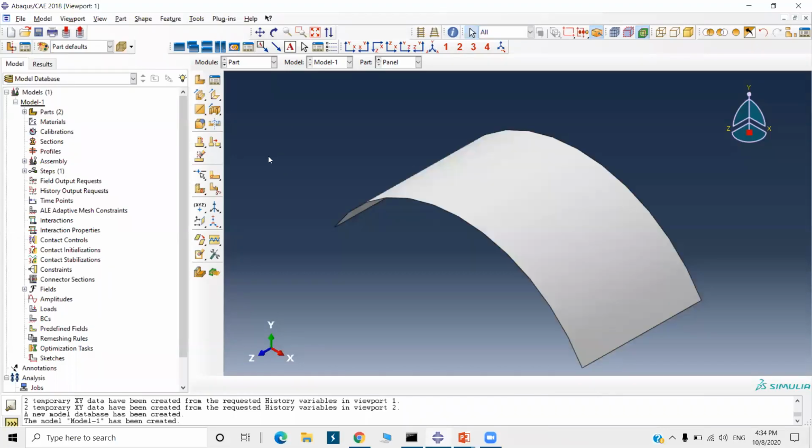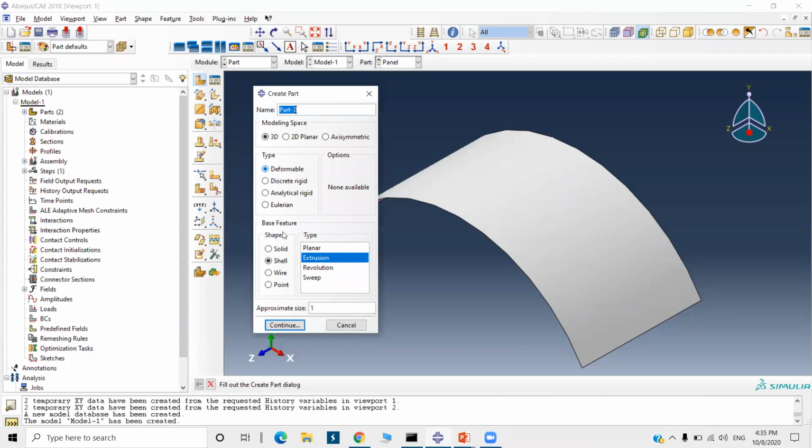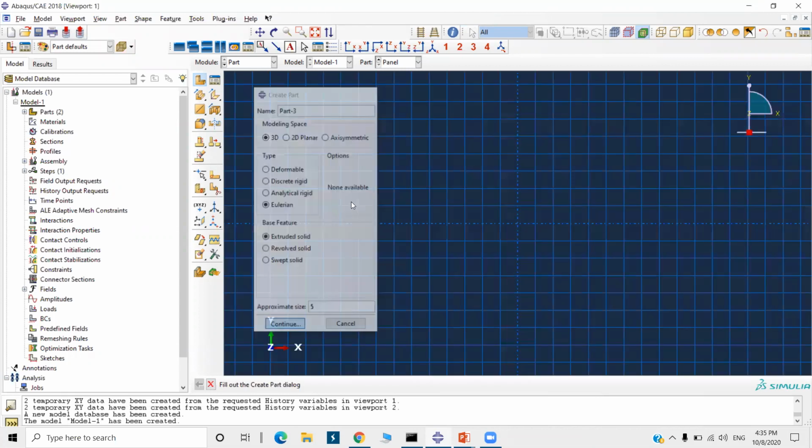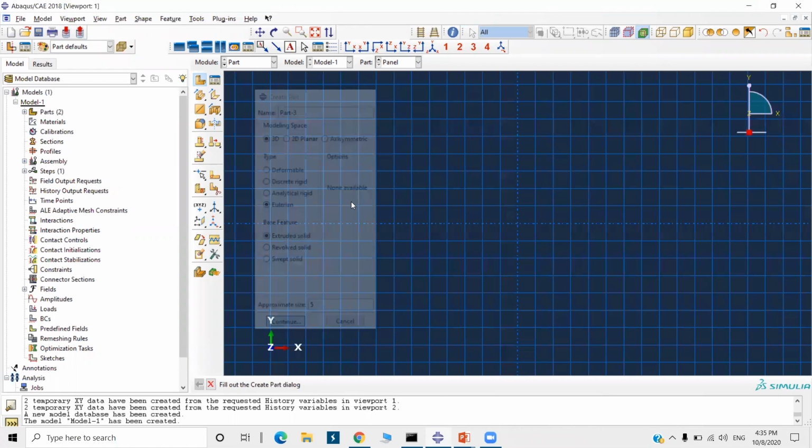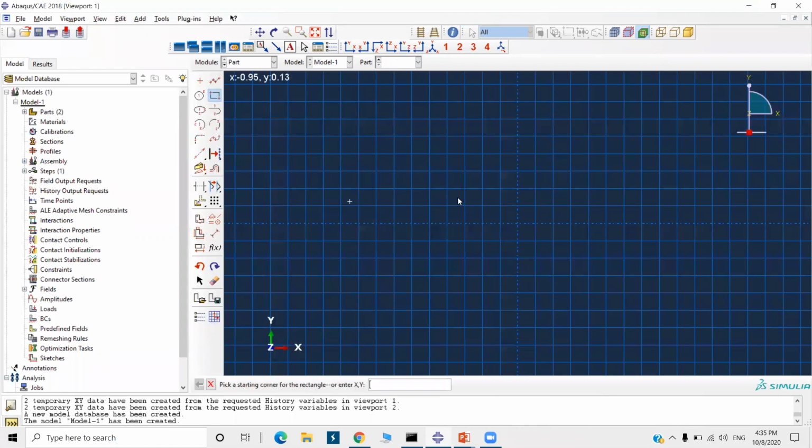Next we are going to create the Eulerian domain. Here in the type, select Eulerian, extruded solid, and sheet size is 5. Select this rectangle. We can directly click here, and we can also enter the starting corner and end corner. So I will enter 0, 0 as the starting corner, enter, and 0.4, 0.4, enter.